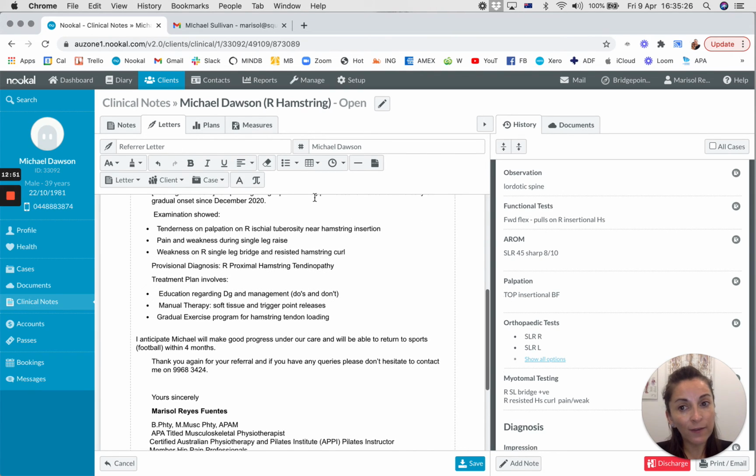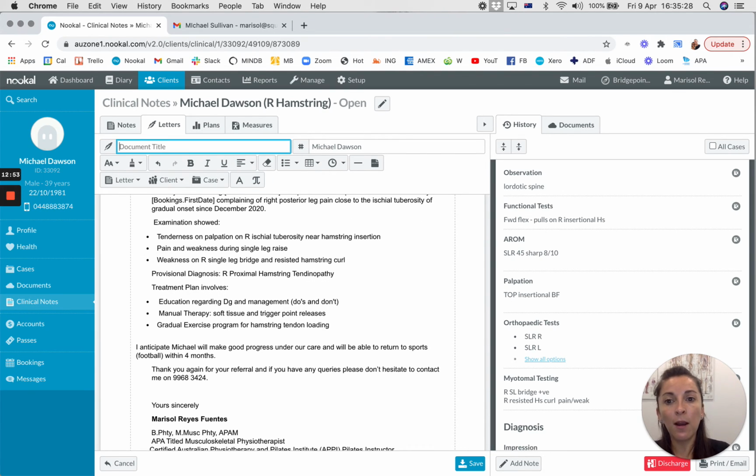Then how do we save this letter? So we have a system here. So you put the full last name on capitals, then the name with the initial on capital, then the date you wrote the letter, then the doctor you are sending the letter, Dr. Lily. So that way, anyone who sees this letter saved are going to know that that's the patient, that's the date,